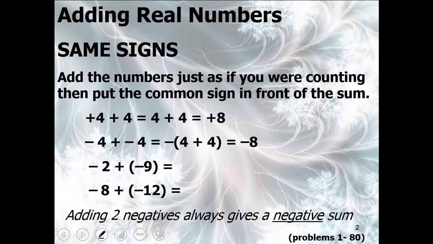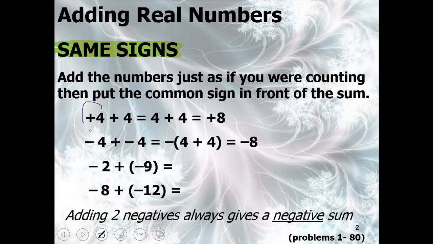Adding real numbers. If the signs are the same, this is the technique you will use if you're adding two positive numbers or you're adding two negative numbers. What you would do is add the numbers just as if you were counting, so you're going to get more of the same thing, then put the common sign in front of them. For example, if